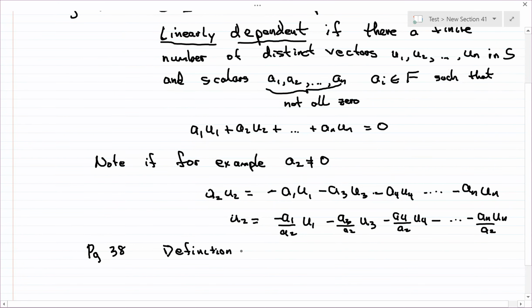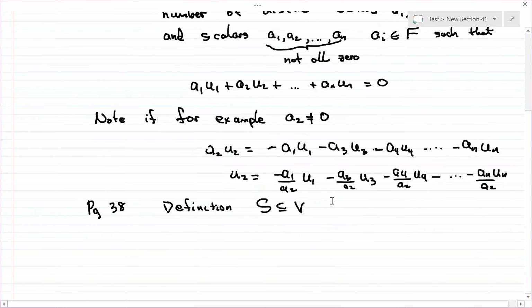S, a subset of a vector space. So it's the same setting as above, so I won't repeat it, I won't write it out, is called